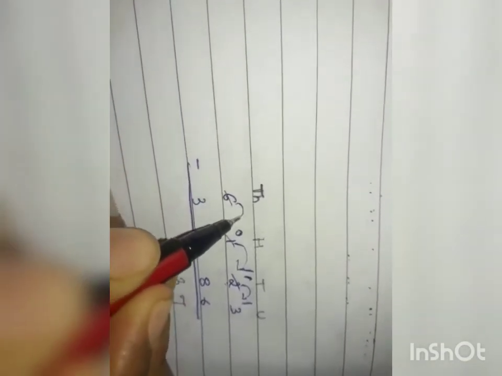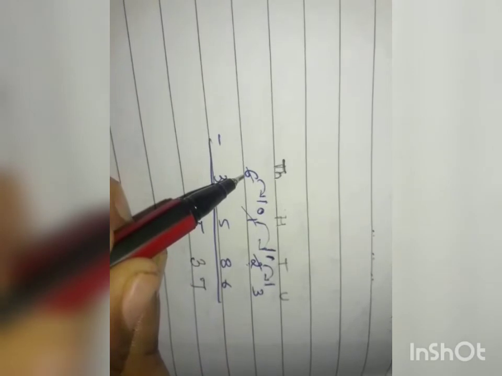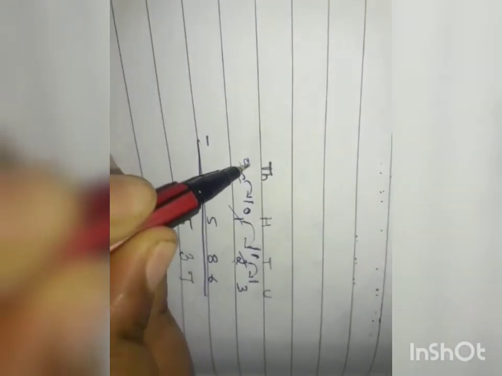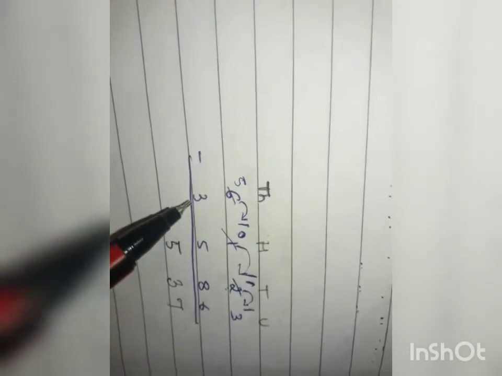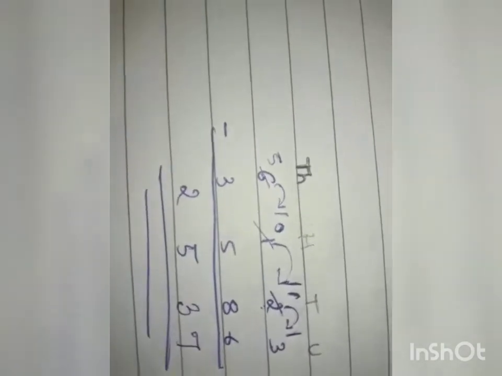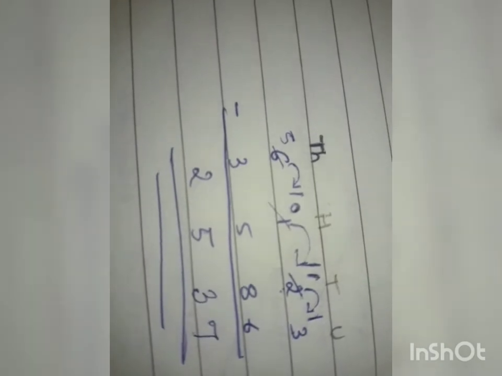Okay. So from the 0, can I subtract 5? I can't subtract. So again I have to borrow 1 from the thousands. So if I borrow 1, I'll get 1 and 0 will be 10. 10 minus 5 is 5. Now from the 6, I have taken 1. So how much will remain? If from the 6 I take 1, 5 will remain. So I'll write 5 here. From 5, I have to subtract 3. 5 minus 3 is 2. So this is our answer, 2537. Okay, this is how we subtract by borrowing numbers.